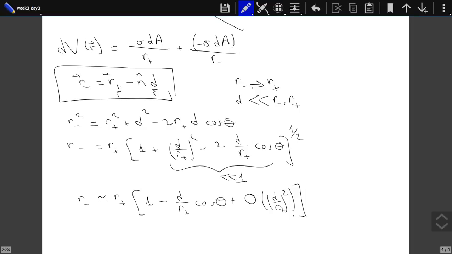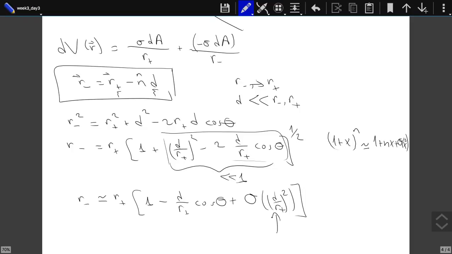How did we reach here? Well, we know that 1 plus x raised to the power n, if you just do a Taylor expansion, is approximately 1 plus nx plus terms proportional to x squared. So I just multiplied this thing over here by 1 over 2, and I ignored anything that is proportional to D over R plus squared,